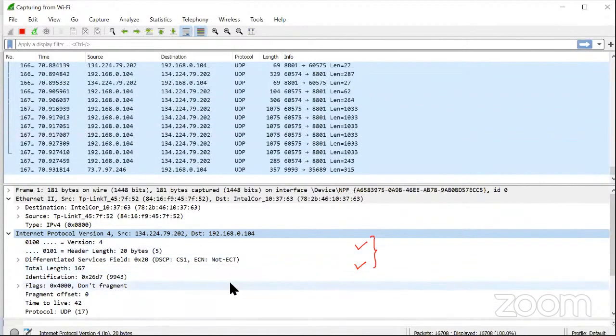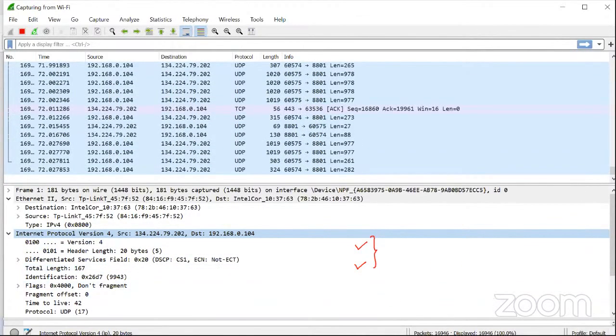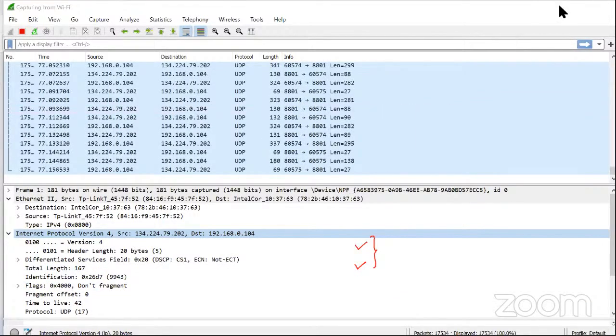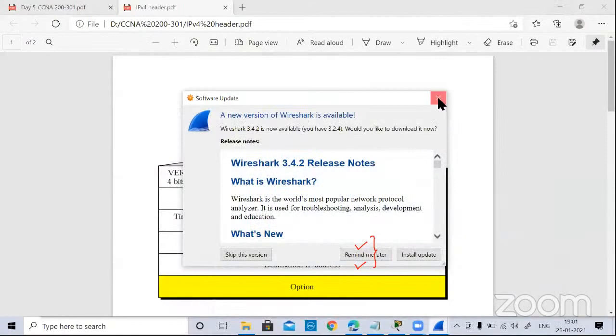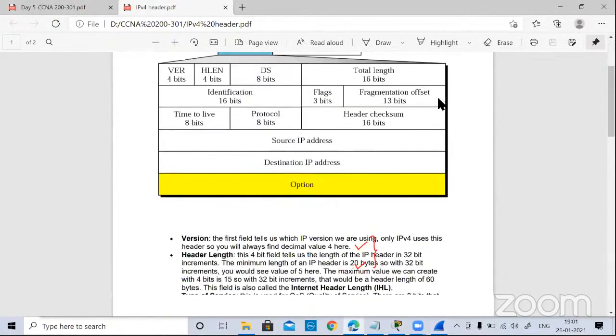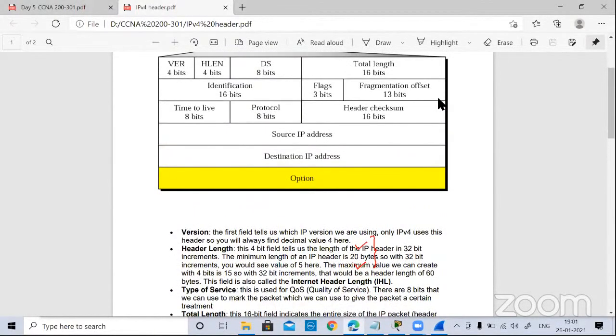So this same thing I'm now going to make you understand in the format, what the meaning of each and everything is. When I talk about version, since we already know that it is IP version 4, the version field indicates version 4. So how would we indicate it, how many bits are given to that?